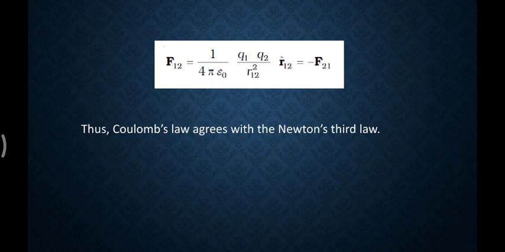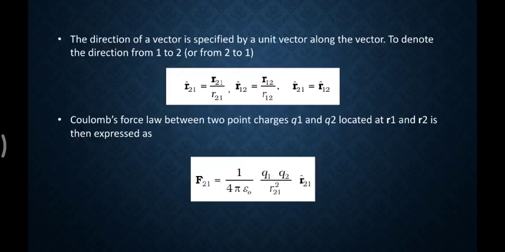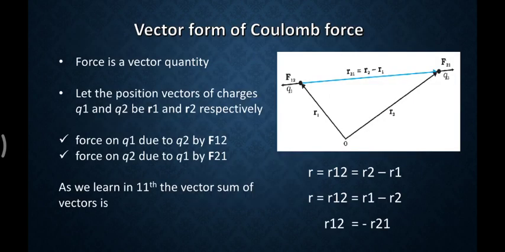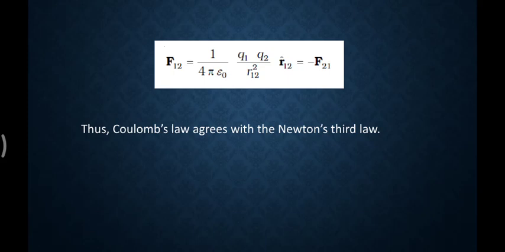Now please understand here, the force between two charges, F12 and F21, is the same in terms of magnitude, but in terms of direction it is opposite, and this is very well understood from this diagram. You can see the directions of F12 and F21 are opposite, and the negative sign at the end tells us about this only. And another all terms